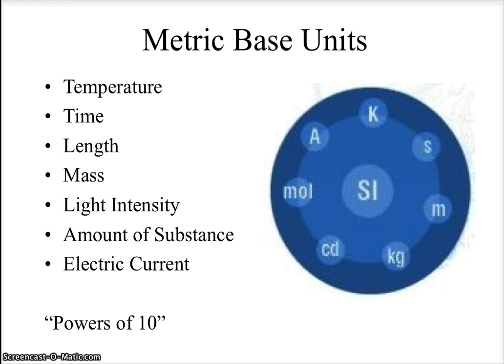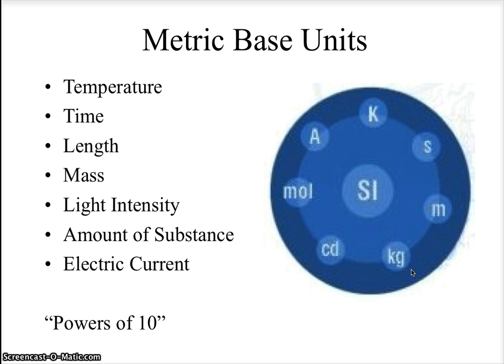A derived unit would be a unit utilized in a measurement that comes from two or more base units. So if you look over here, A is the symbol for electric current, ampere. K, capital K, stands for Kelvin, a temperature unit. S is seconds for time, M is meters for length, kg,